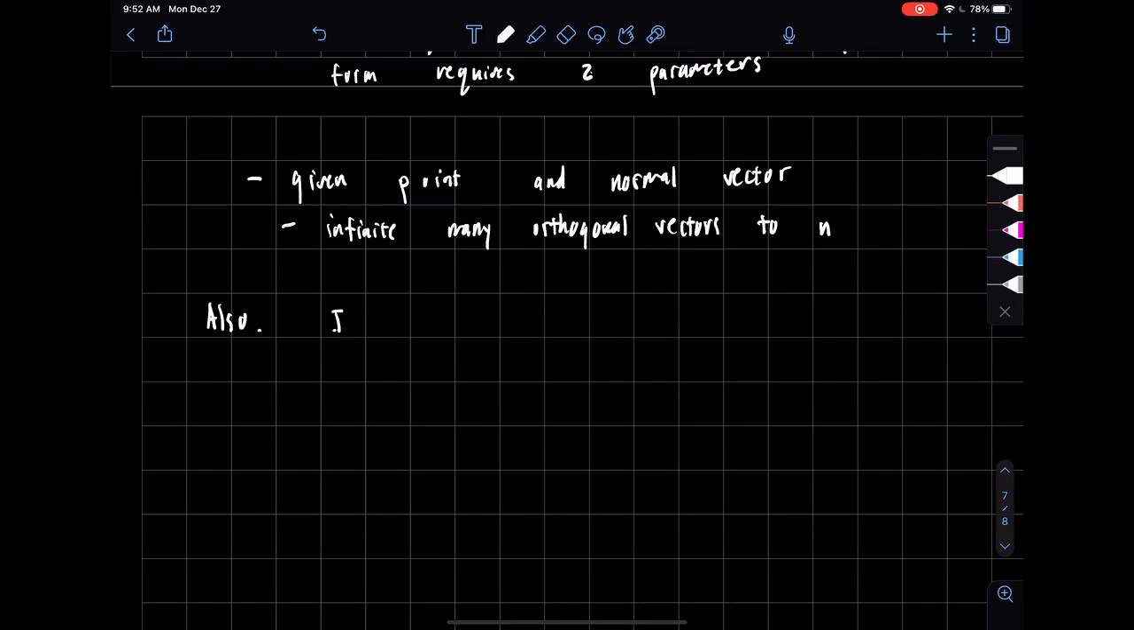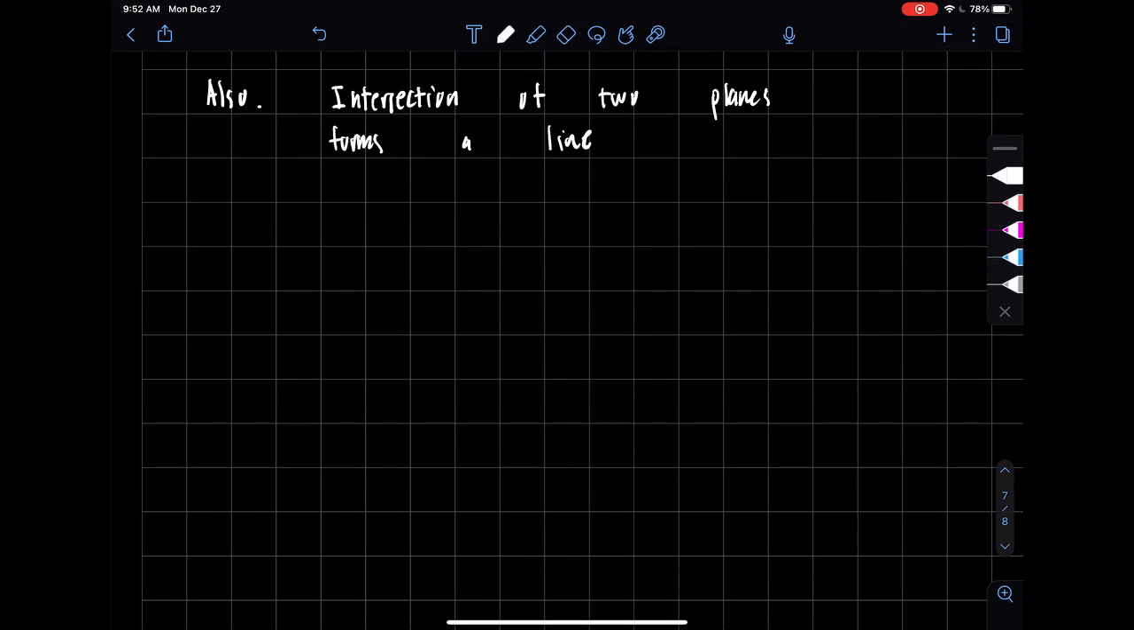Another thing that is important to know is that the intersection of two planes also forms a line. Here I will draw a diagram. That is one plane, and this is another plane. And as you can see, when these two planes intersect,